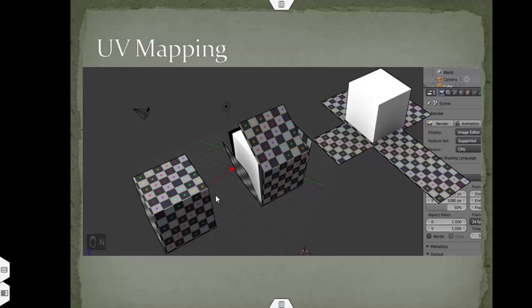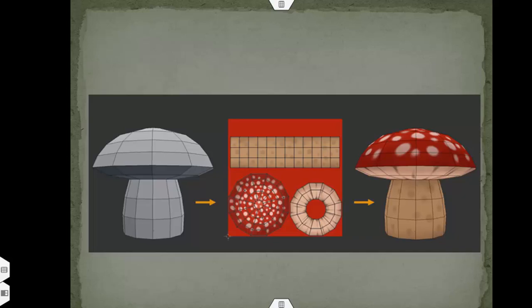After wrapping it we get the textured model. This looks like a very simple approach because this model is very simple. But what will happen when we have a very complex 3D model? For example, here we have a model of a mushroom. We first unwrap the base of the mushroom, the top of the mushroom, and the neck of the mushroom.